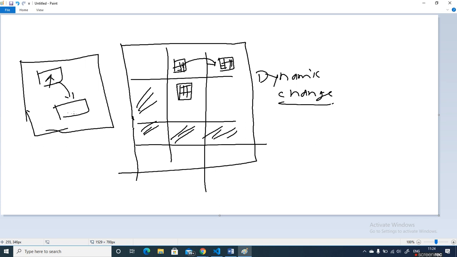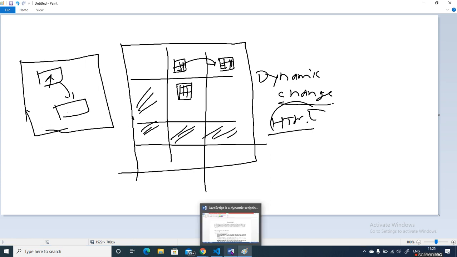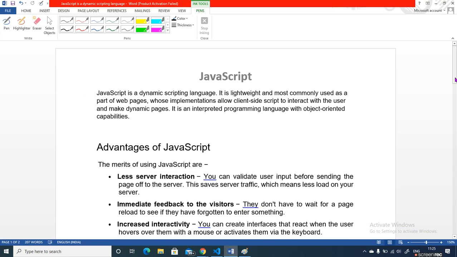This is called a dynamic change. Everything you can see on a page is at the end HTML only. So what is the role of JavaScript? The role of JavaScript is to implement the dynamic change on a page. We'll go into more detail.